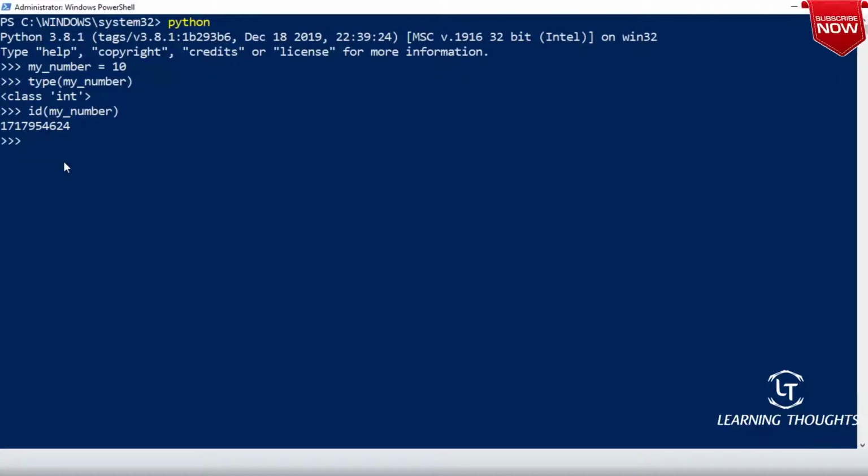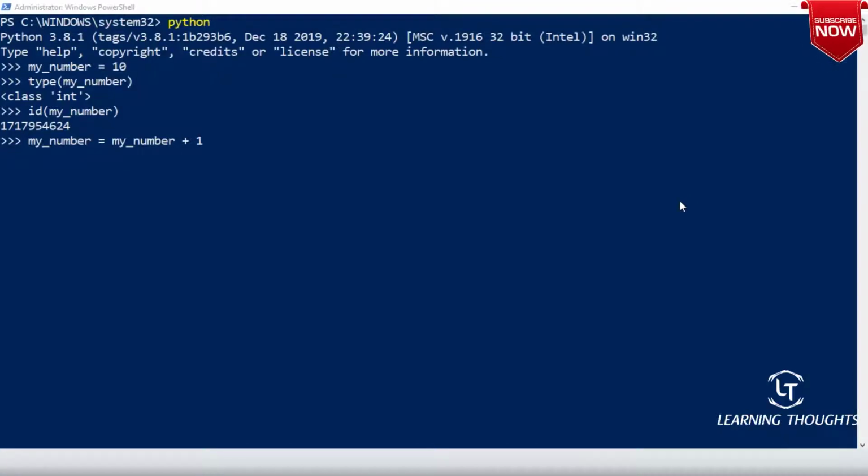First you assign a value, then you find out the type. Then you try to change it. Now let us change the number: my_number equals my_number plus 1. What does this mean? In my_number we have remembered 10.